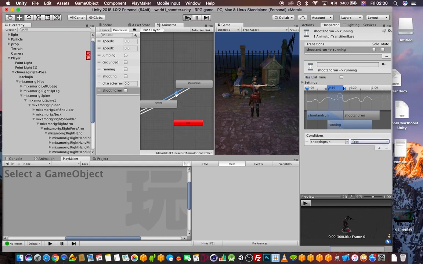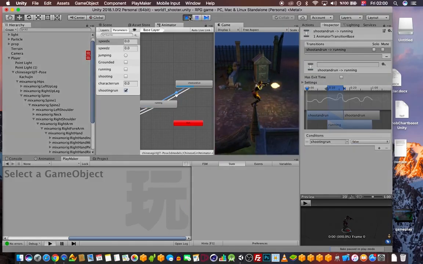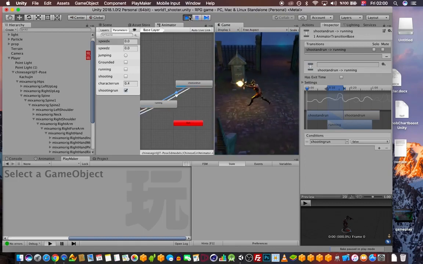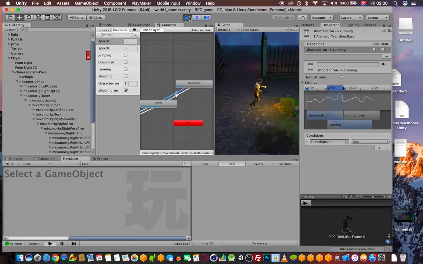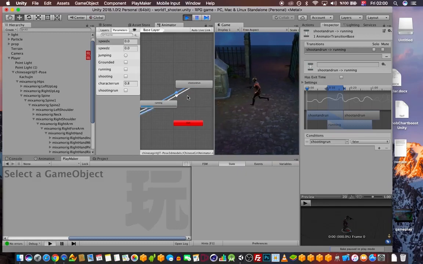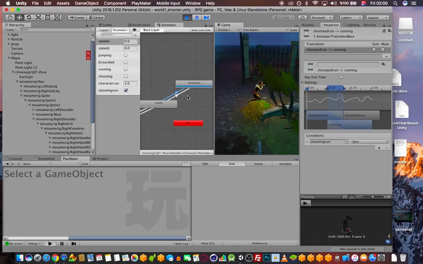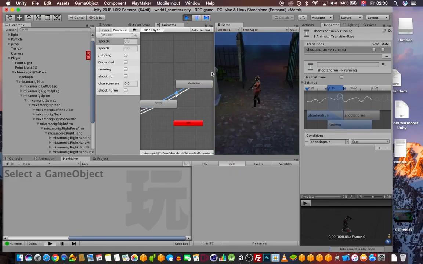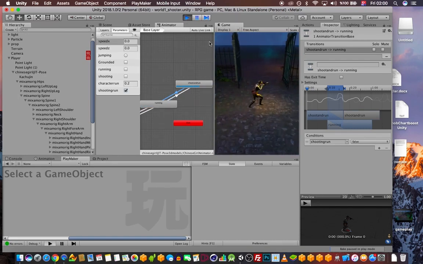Okay, so when I'm doing this, she's like shooting, and if I leave it, she's still shooting in place. Okay, so she's like running around. All right, so this goes to this shooting from the running. Because if I press T, she's now shooting to the floor, but if I'm running and pressing T, she's now shooting around. Okay, now when I stop the running, I still want her to shoot